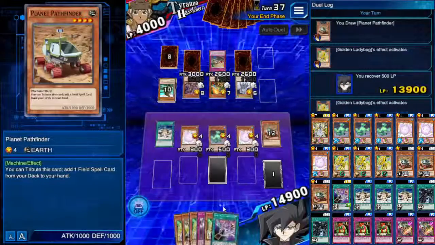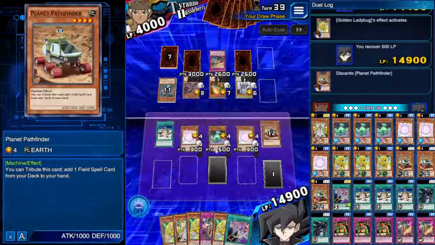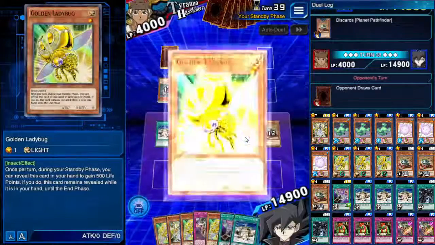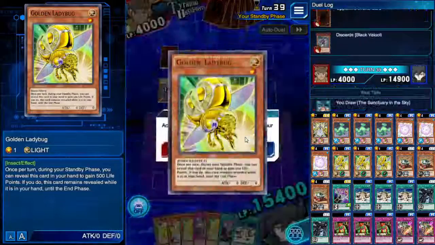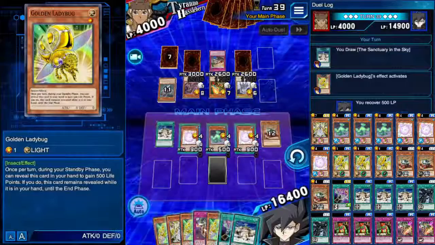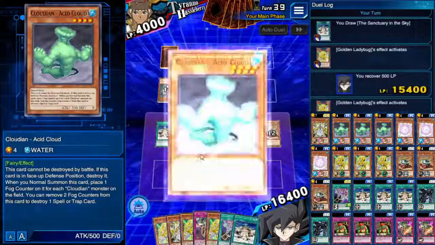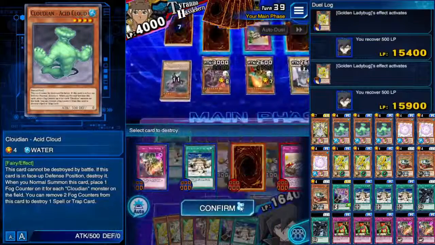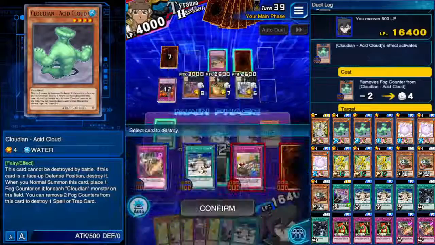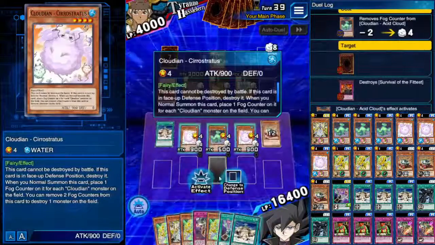Toss away the Planet Pathfinder. And there we go. Alright, so last turn of the duel, use up your Golden Ladybugs. And then let's go ahead and use Acid Cloud to take out his spell and trap cards first. I mean, I have Anti-Magic Arrows, I don't have to do this, but I want to because I'm mad that